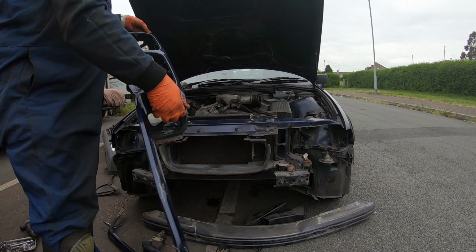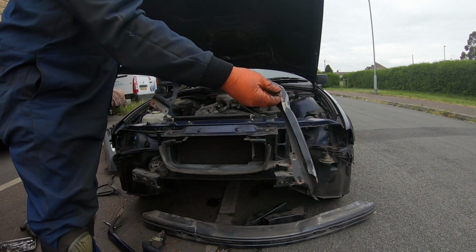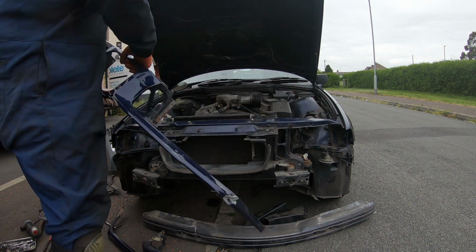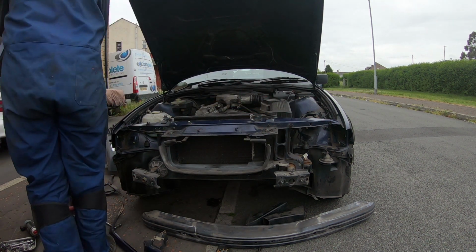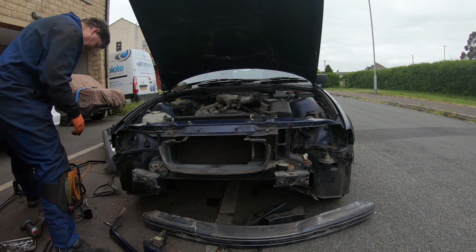So most of it's intact, but I think it's just too badly bent. You can see how bad it is, how all the damage is at this side. So I'll put this to one side. I might be able to do something with that. And